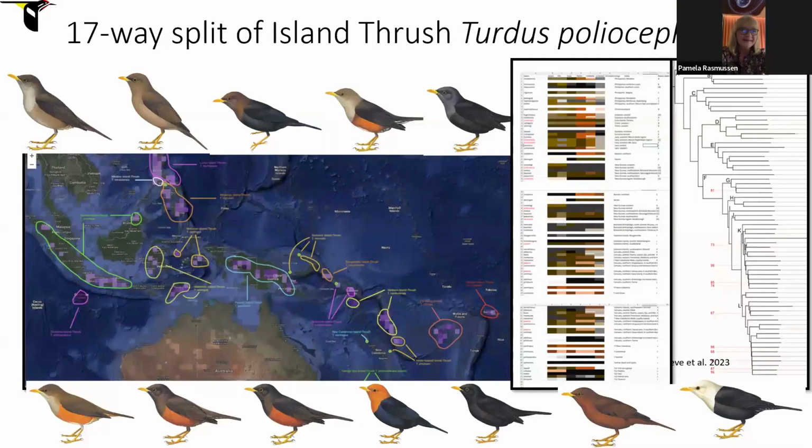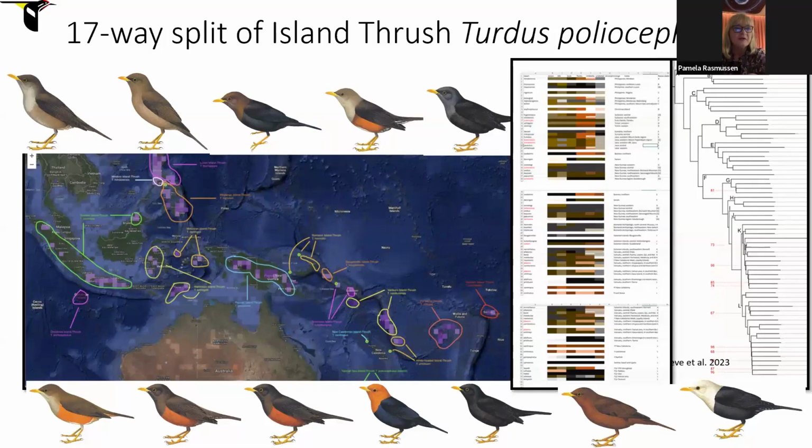This is the biggie. I already said that about herring gull, but this one takes the cake because it was the world's most polytypic bird for a while there. The island thrush, I would say everyone pretty much knew that it needed to be split, but nobody could figure out how, because it was basically a whole bunch of taxa distributed through islands from Western Indonesia through Samoa that have